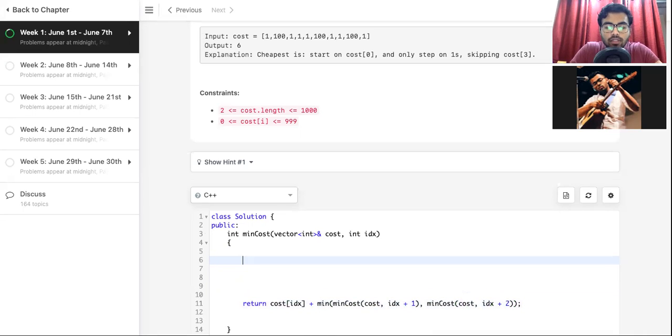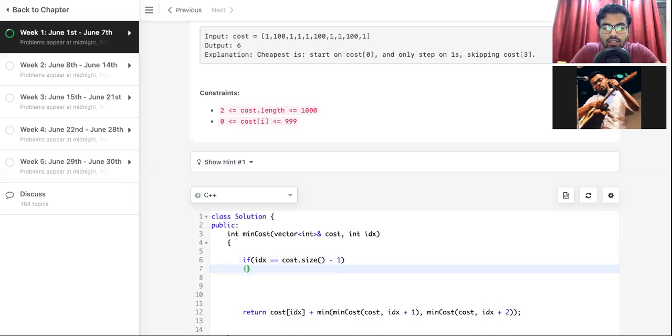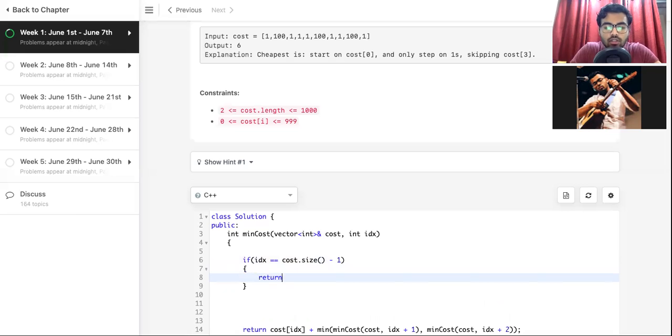Now coming to the base conditions, if idx is equal to cost dot size minus 1, which means it has reached the last index, then we return the cost at the last index.